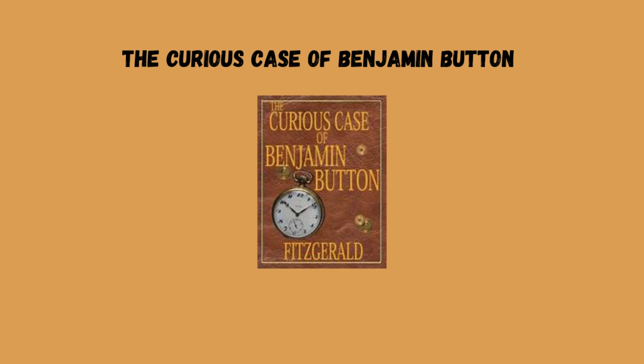Benjamin gradually becomes physically younger, and as he approaches middle age, he engages in adult experiences, including a marriage to, as we said before, Hildegard Moncrieff. Their relationship is initially built on the illusion that Benjamin is an ordinary man, but as he grows younger, the power dynamics and societal expectations complicate their relationship. Benjamin's life is marked by a series of changes in both his appearance and his perception of the world.